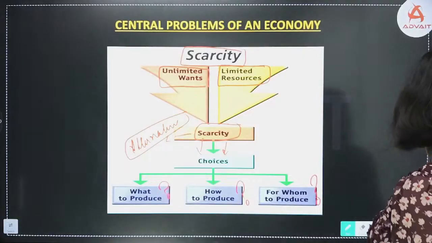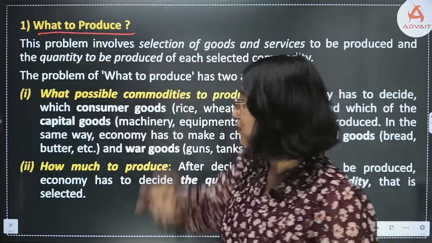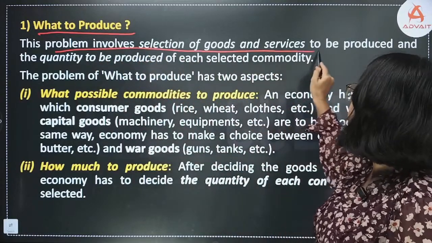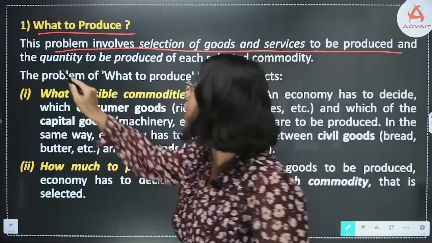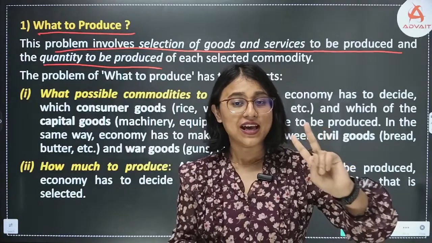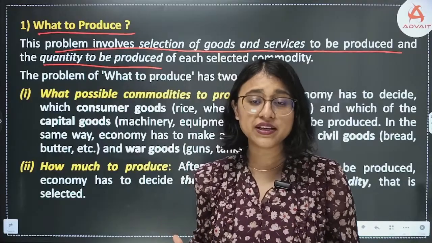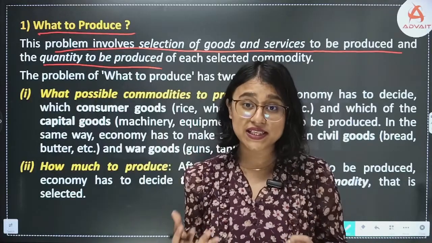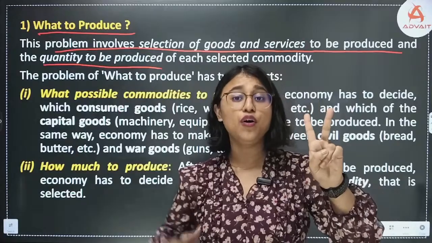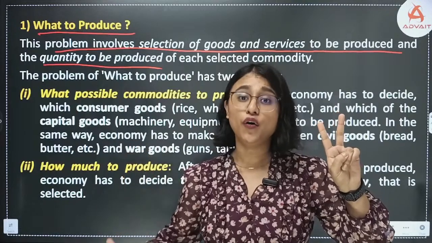right? Okay. In what to produce, what is this problem? In what to produce problem, it involves selection of goods and services to be produced and what quantity to be produced. তাৰমানে what to produce ত দুটা বস্তু আছে. এটা বস্তু আছে what goods to be produced, what is the kind of good that we will be producing, and number two, of what quantity, কিমানটো quantity সেই good to produce কৰিম. Number one, which good? Number two, of what quantity will we produce of that selected commodity of goods, right?